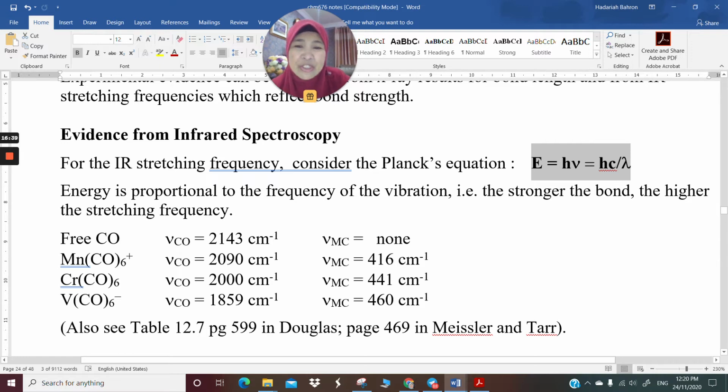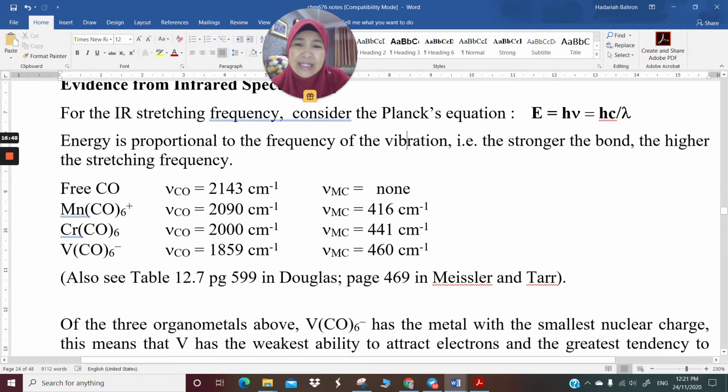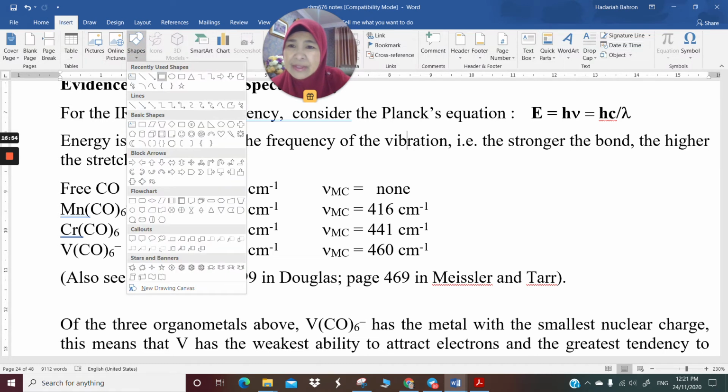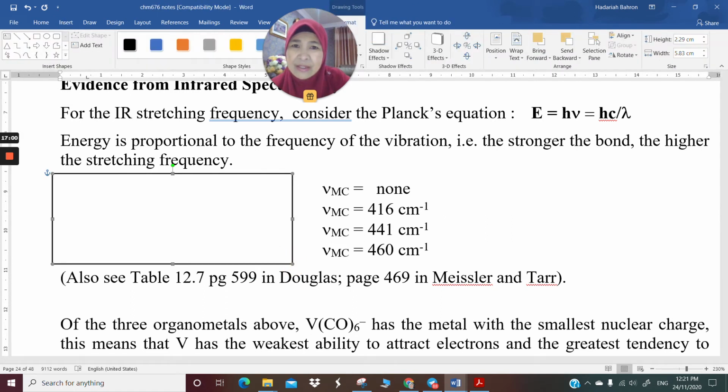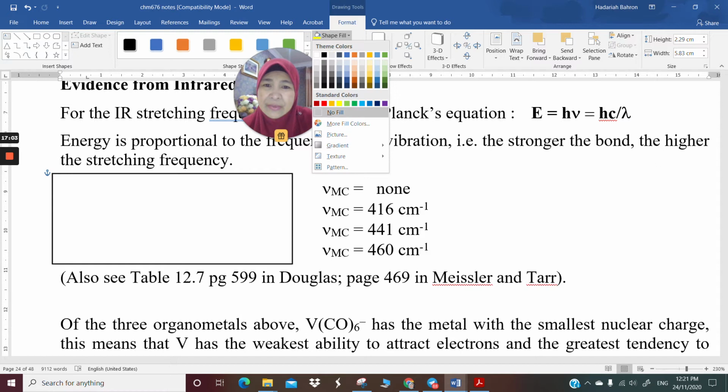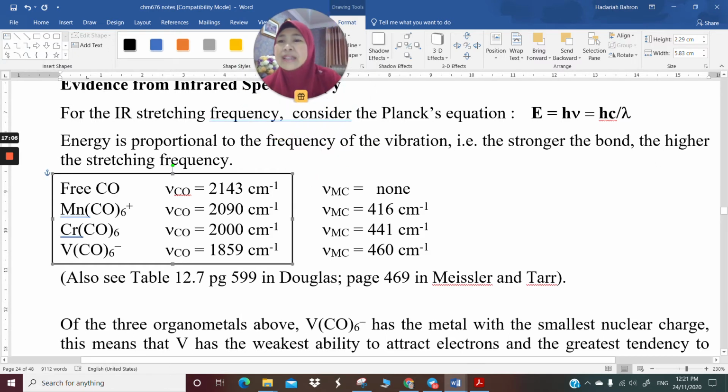Now, energy is proportional to the frequency of the infrared vibration, i.e. the stronger the bond, the higher the stretching frequency. So if you look at this only for the time being, just focus on the boxed information. For free carbon monoxide gas, the stretching frequency of CO is found at